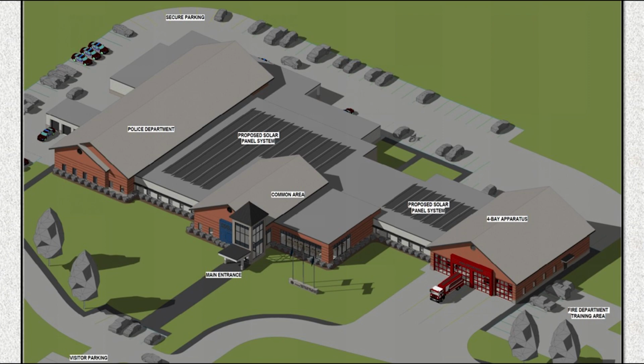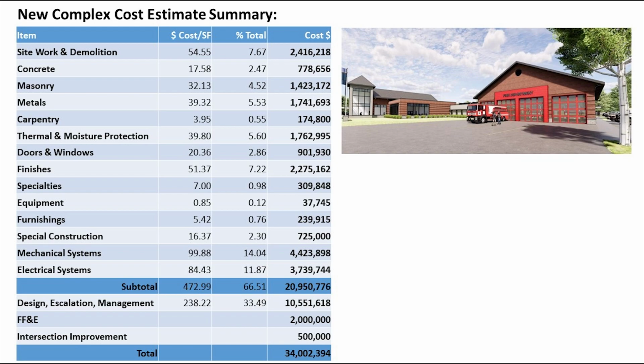The cost estimate was developed with an anticipated early spring construction start and 18 months to complete the project. It includes $750,000 for a rooftop solar array that would be expected to fully offset the building electrical usage. The estimate includes mechanical and electrical systems that represent 14% and 12% of the overall cost respectively and are in line with this type of facility, and the need for proper heating and ventilation and a cost associated with relocating